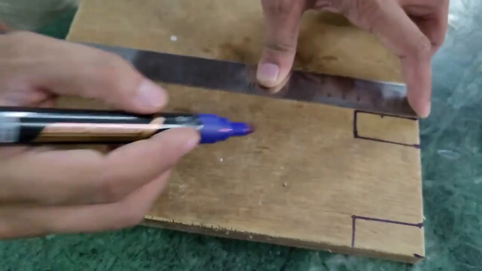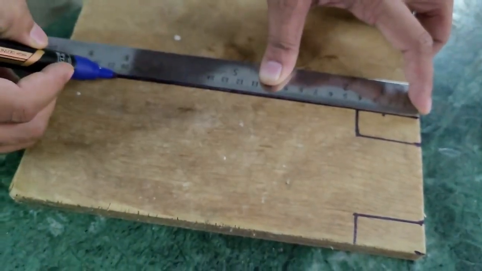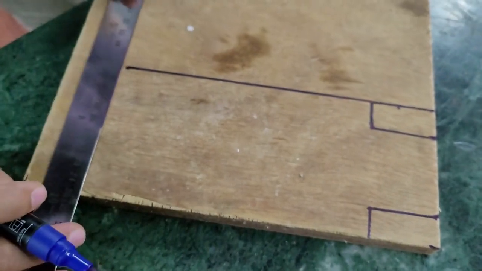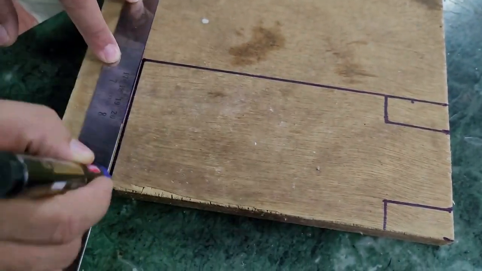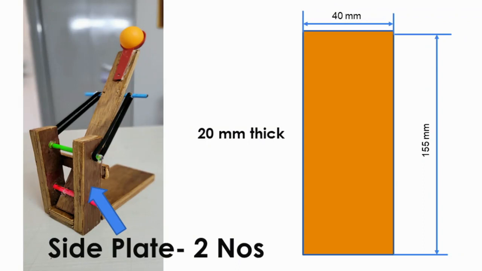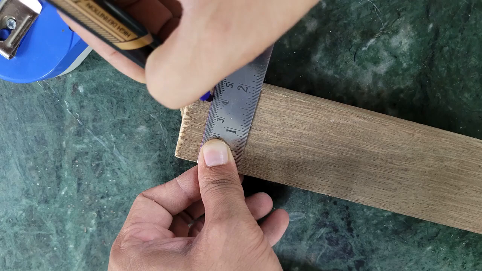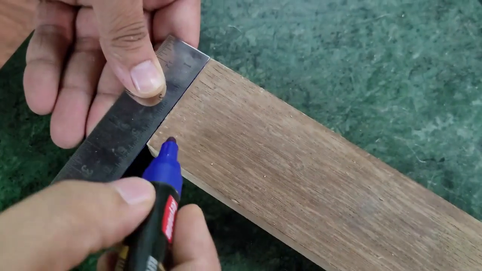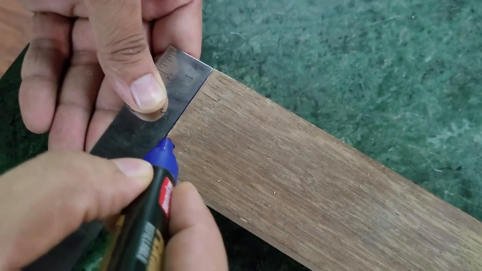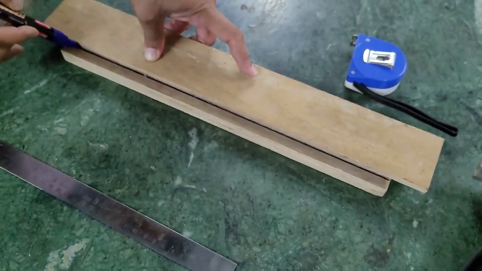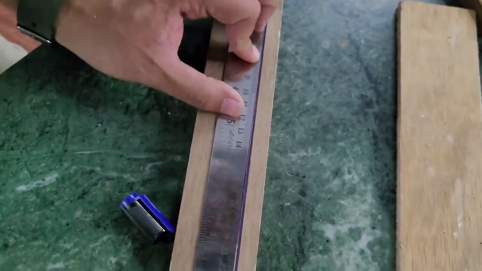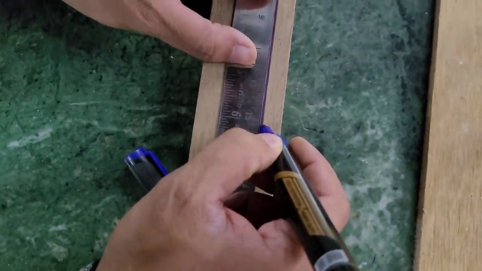Now this is at 200 millimeter from the edge. We have drawn, so base is basically 200 millimeter in length in total. So now this is the side plate. So we are using 20 millimeter thick plywood. So 40 millimeters in width and 155 millimeters in length. So mark 155 millimeters,